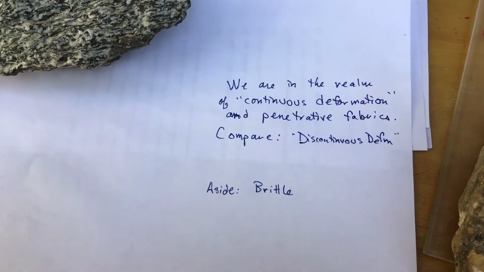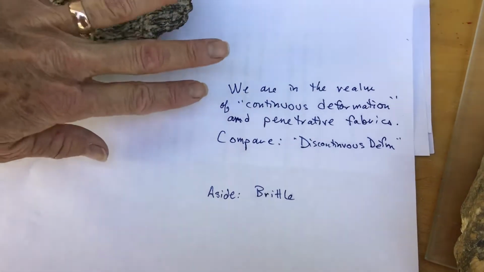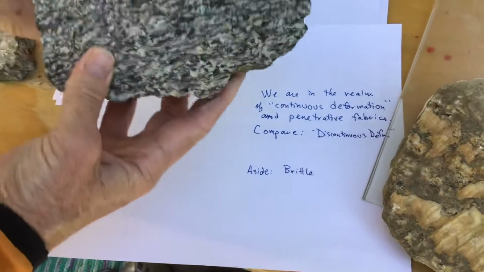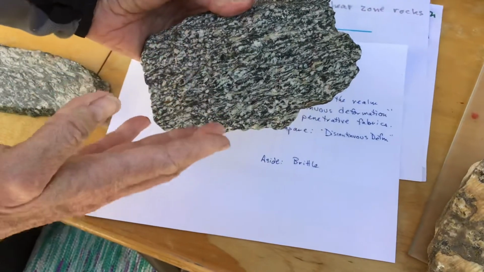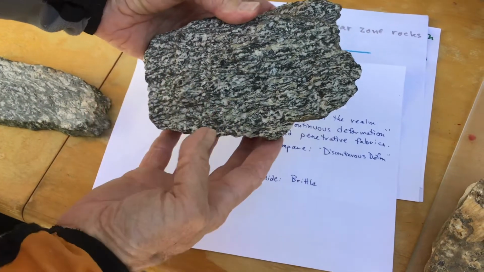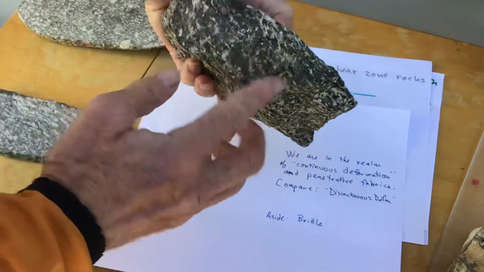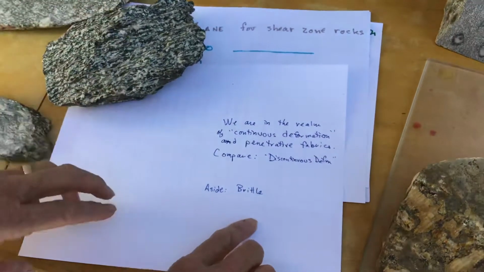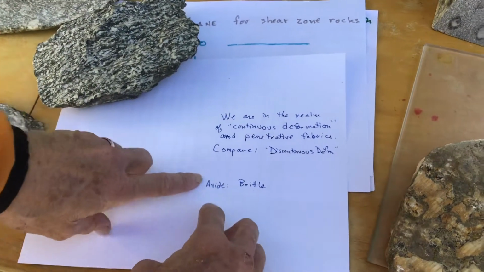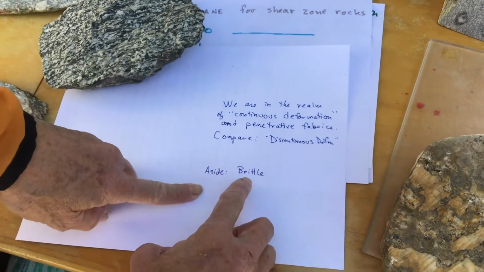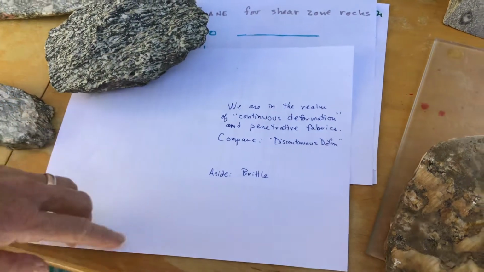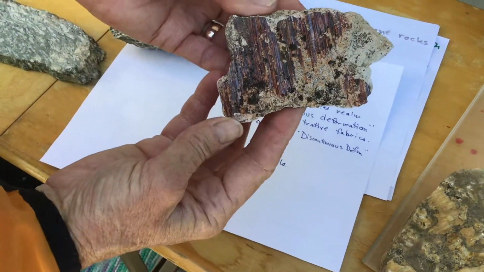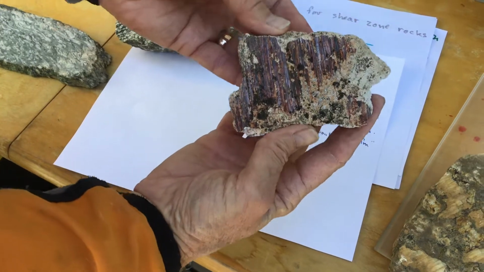All right, the samples that we're studying are in the realm of continuous deformation and penetrative fabrics, where penetrative refers to foliation and lineation, or in this case, two foliations and a lineation that we've introduced. Now, I want to make an aside for a moment and just show you a few samples that express discontinuous deformation or brittle failure. Good examples are these tephras from the off axis of the Rio Grande Rift that have